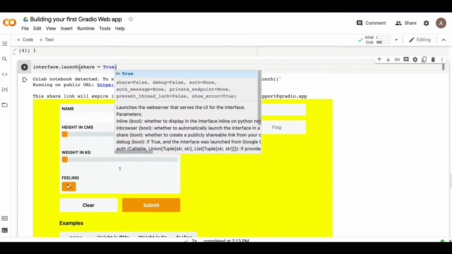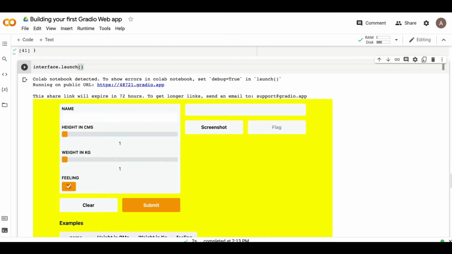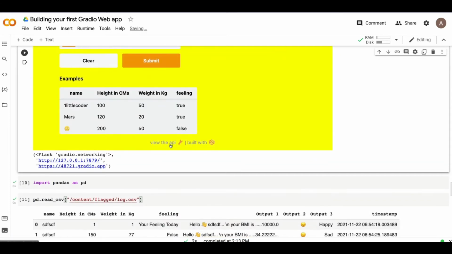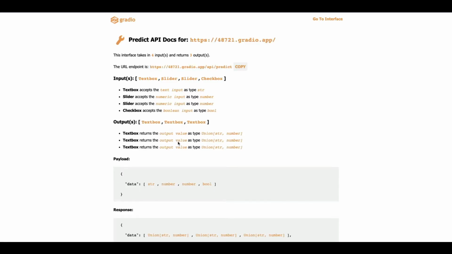And then the next thing is, you don't have to only share the app, but you also have the ability to share the API, which is something that, again, not a lot of people would do. So APIs are very helpful. For example, let's say you have a JavaScript based stack and you want to integrate this machine learning solution inside a JavaScript based solution, the easiest way for you to do that is to use an API. So what Gradio also gives you is the API with some starter code.